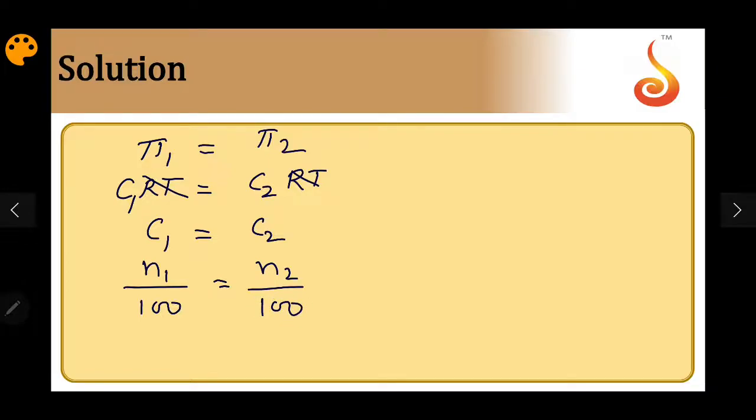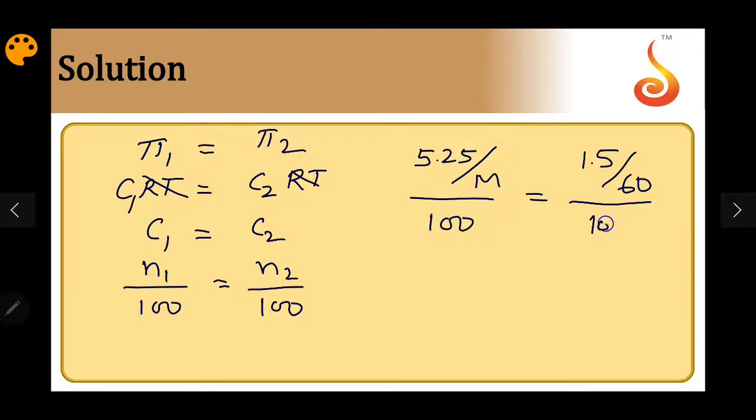So what is N1? N1 is mass by molecular mass, 5.25 grams by molecular mass M, by 100, is equal to 1.5%. 1.5 in 60, that is number of moles. Percent means 100 ml is the volume of solution. This 100 also gets cancelled. So M is equal to,